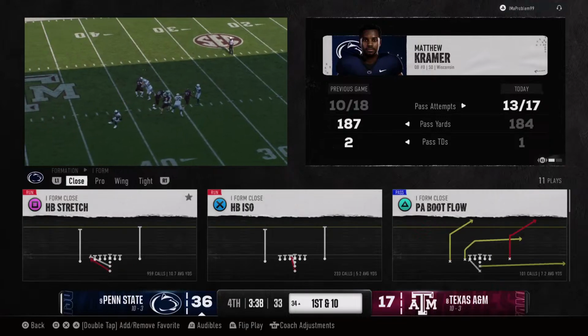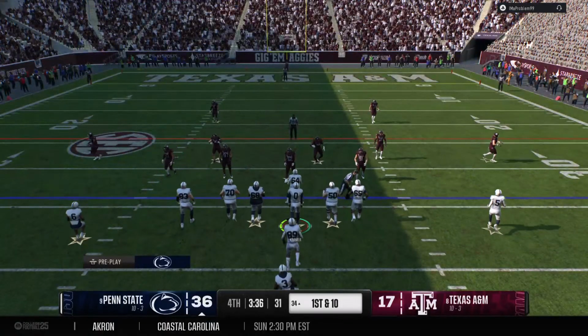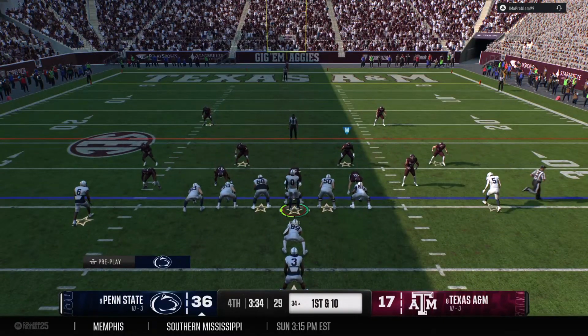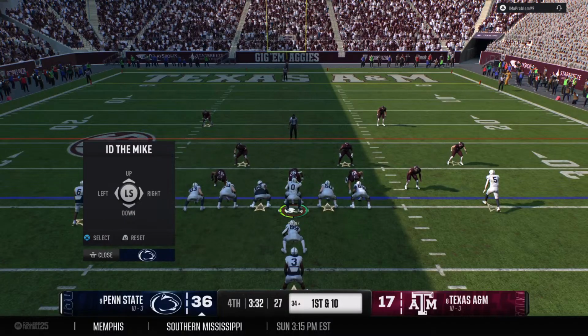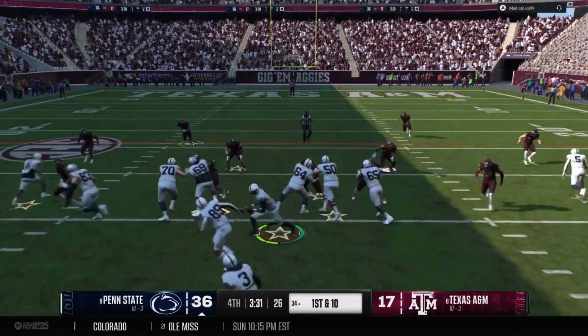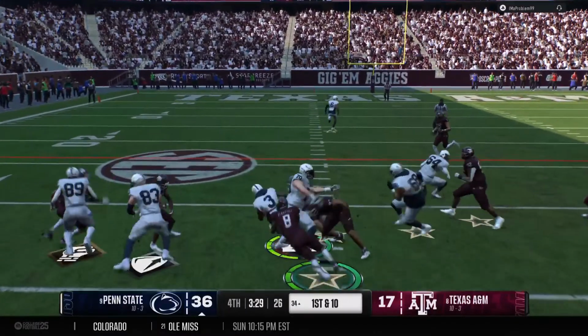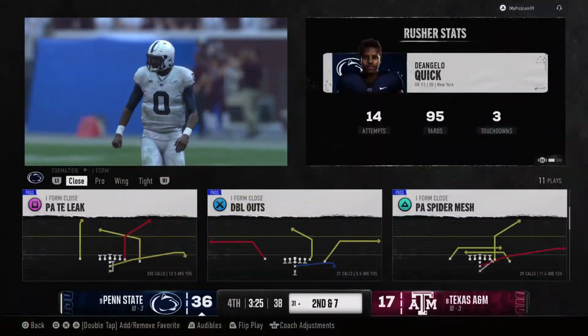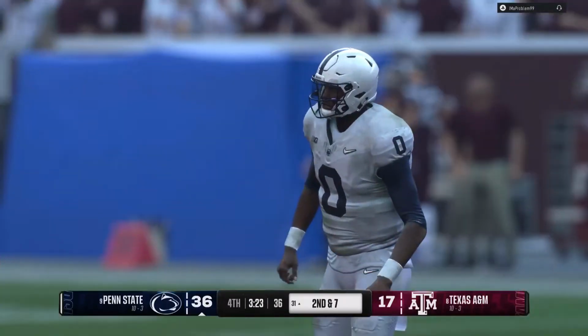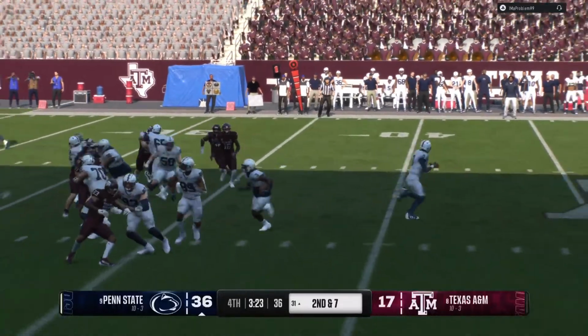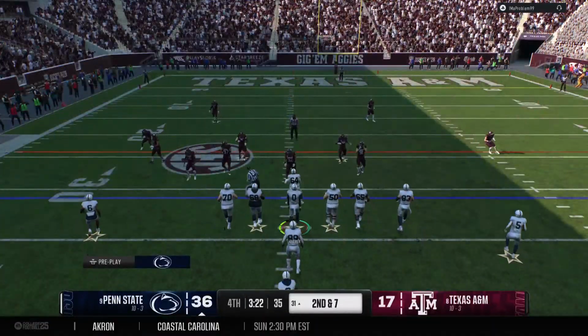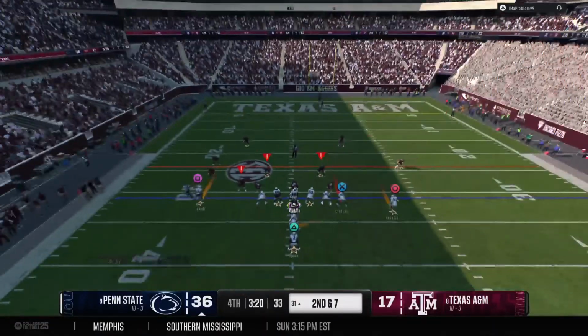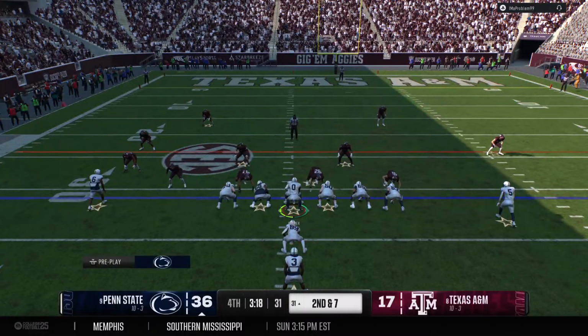Chris, I'm kind of surprised they're still taking shots downfield. They got a big lead. We're in the 4th quarter. Run the ball, get out of dodge, keep everybody healthy. Use the running game to chew on this clock now. See, that's how you limit what an offense wants to do. This time, the defense just won the battle up front at the line of scrimmage, not giving up any big plays. Everybody's gap sound. It's really solid defense on that play.